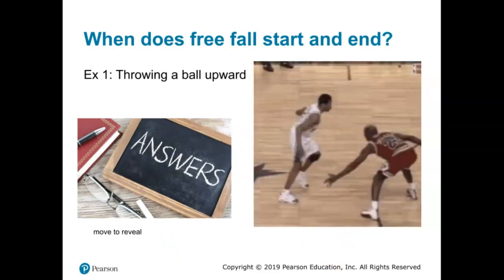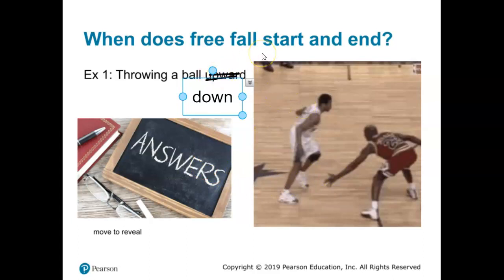The last one here, I forgot to update the example. This should be not throwing a ball upward, but maybe throwing it downward. So if we just change that down, so like dribbling a basketball, that kind of idea. So this is Allen Iverson, and that's Michael Jordan. Michael Jordan's about to get crossed up. It's a pretty famous play. So anyway, if you push the ball down,